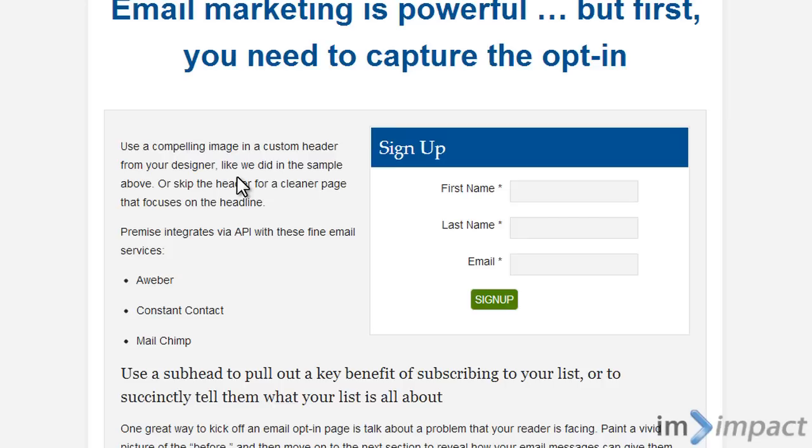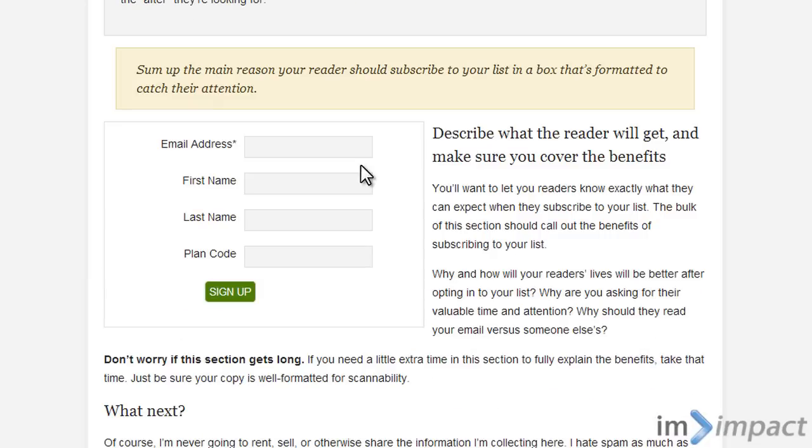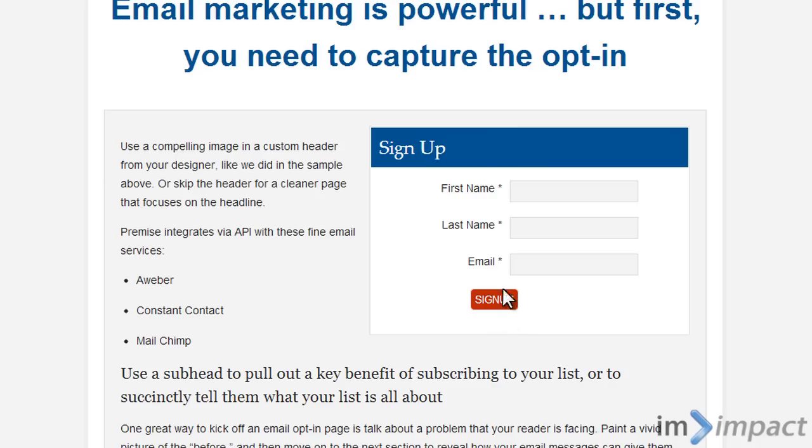So you can create squeeze pages or lead generation pages, but they look like this, right? They look like something like this. And these opt-in forms just aren't very appealing. And you can do a bit of your own styling and so on to try and make them look better,